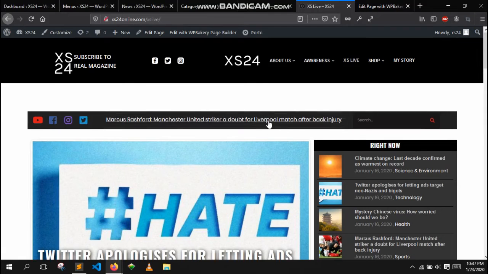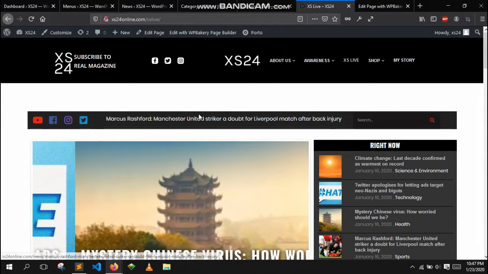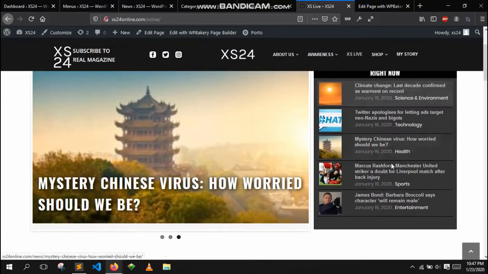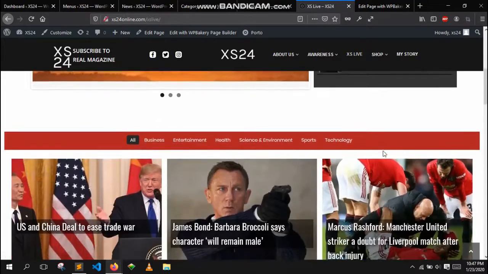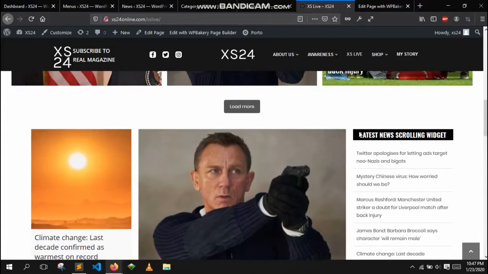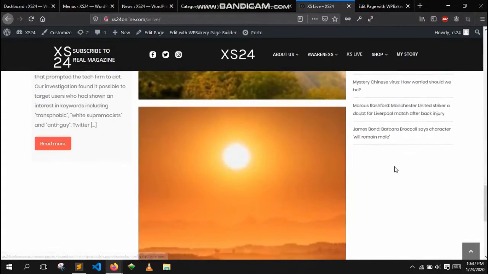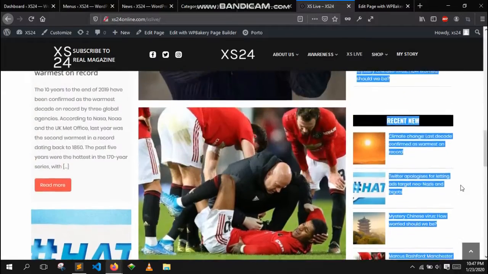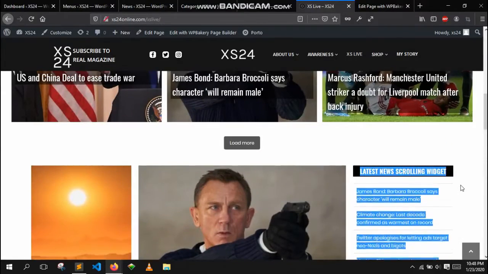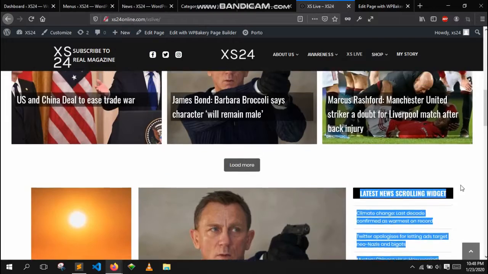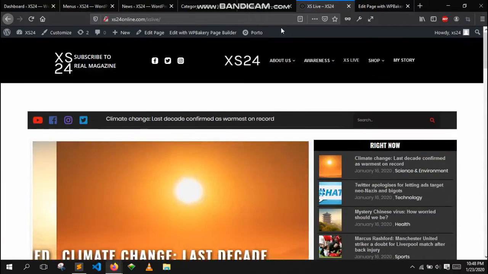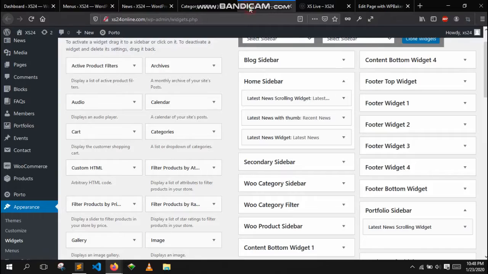This top section right here is a widget, and this section right here, the right now section, is also a widget. And if you scroll down, this sidebar right here, all of this is also a widget. So basically, we can find these widgets in the widgets page, which is in Appearance, Widgets. Okay,